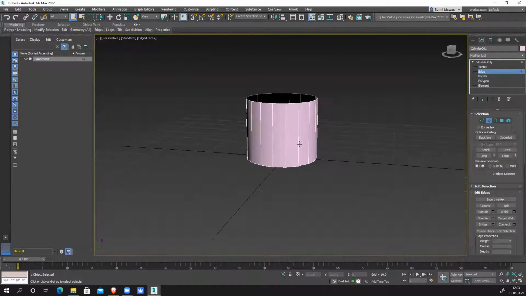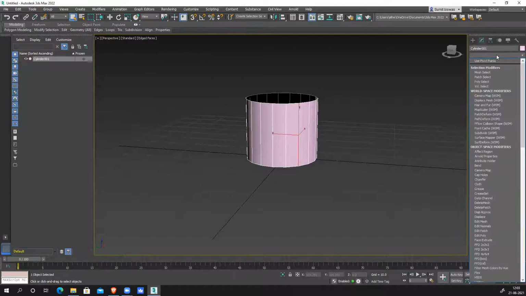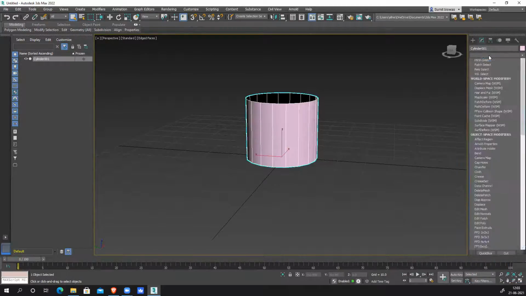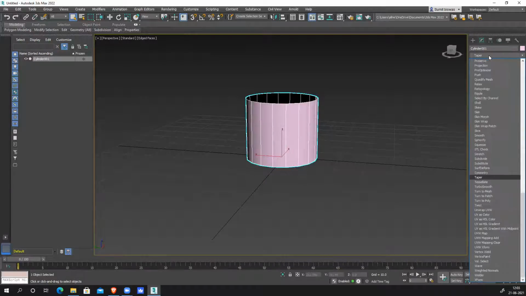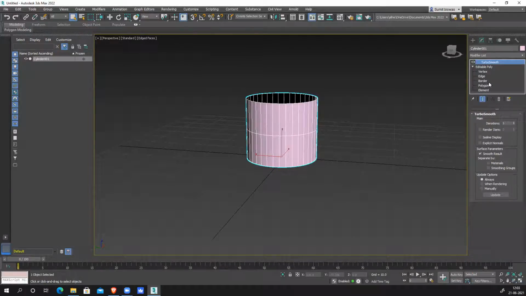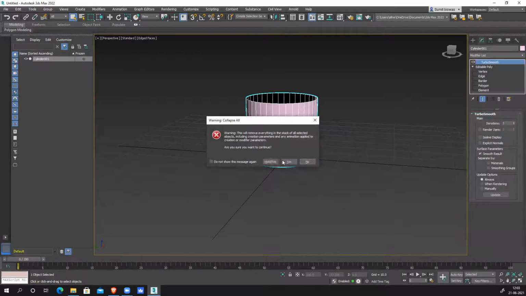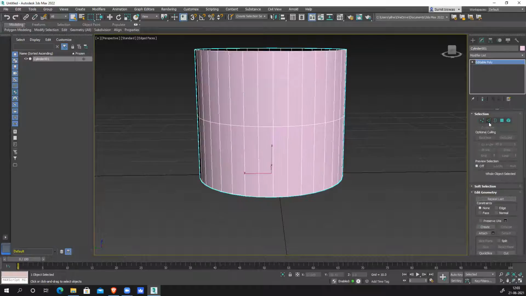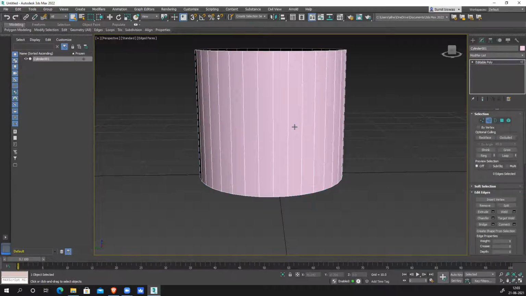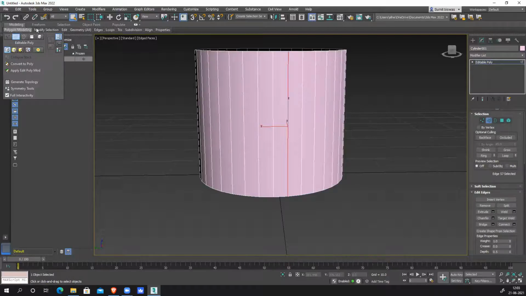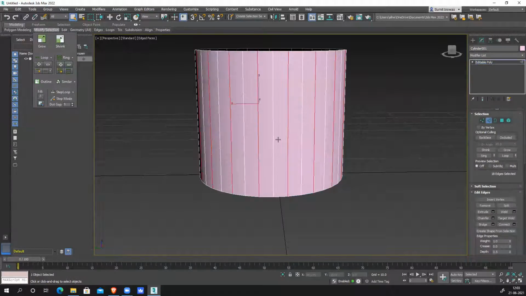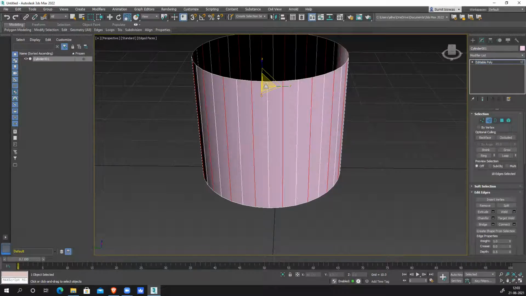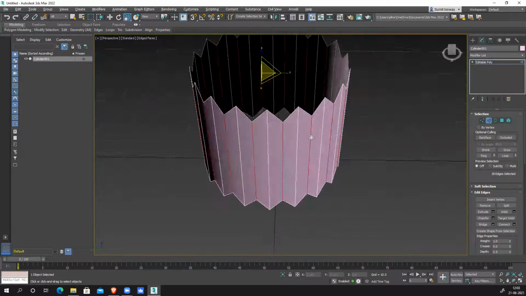So what I can select is one. Or, I feel this is a little low, so I'll add a turbosmooth just to make it a little smoother. Double, yes, sir, just increase it, or increase it while creating the cylinder. Now this one is not required, delete it. Now I need every alternative edge. You can see every alternative, select that. Okay, done.